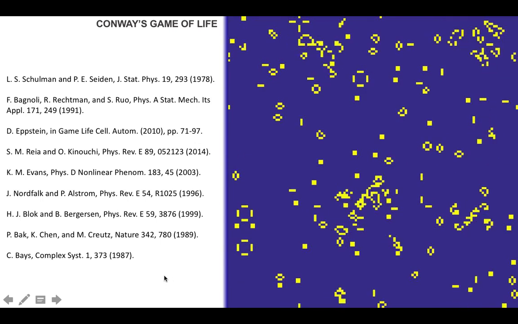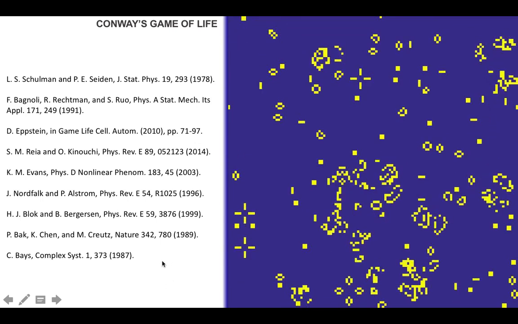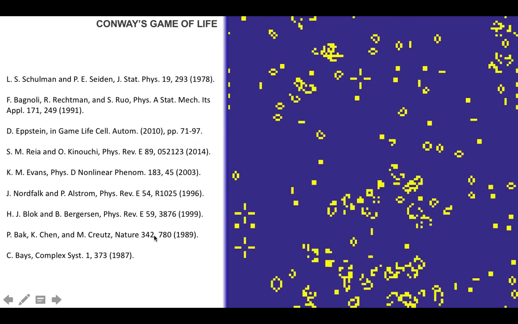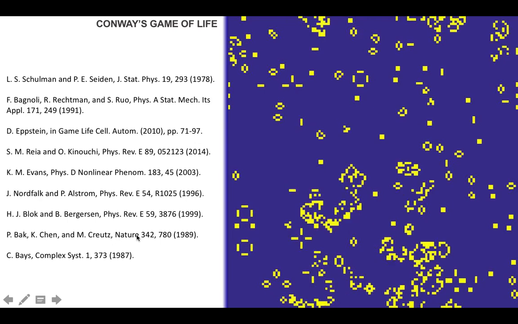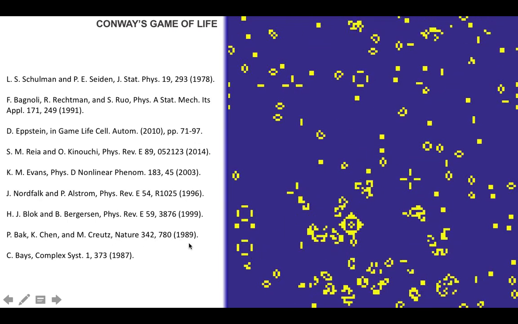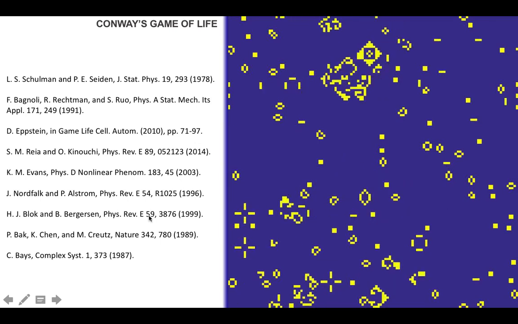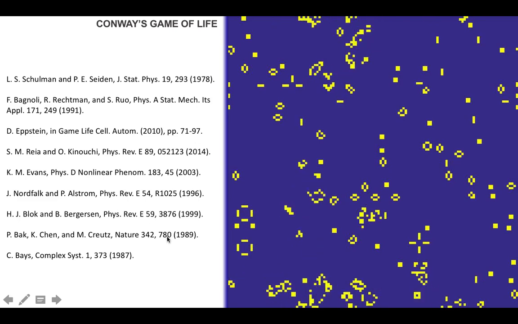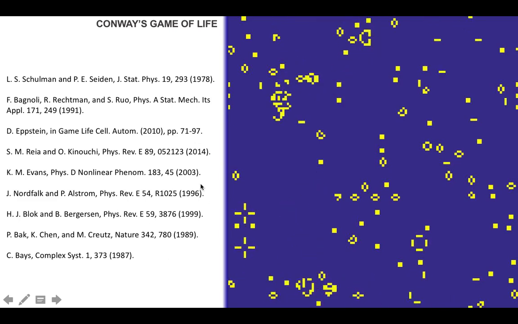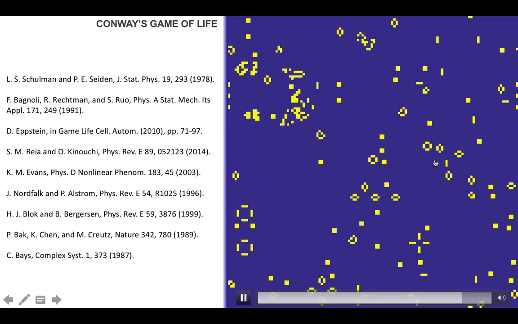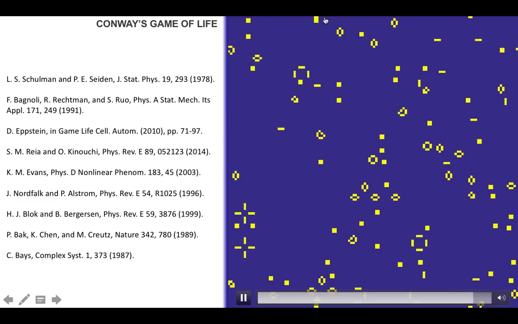And here is some literature that I'm not going through each one of. Just let me point out, for example, Bak has a Nature paper where he shows that Conway's game of life is a self-organized critical system. Okay, there are other studies that are also very important. So please ignore these gliders that should really glide. Okay, the system has stopped. It means that I've talked too much about this system. Okay, good. Let's move on to the logistic map.